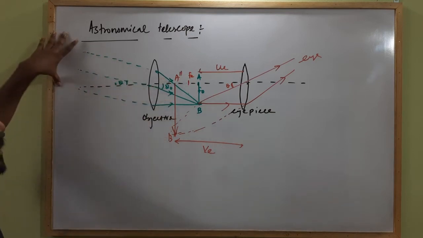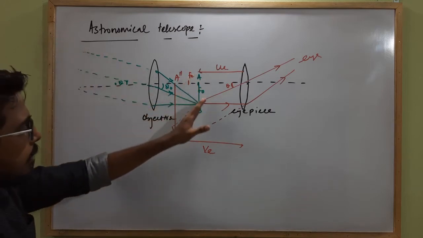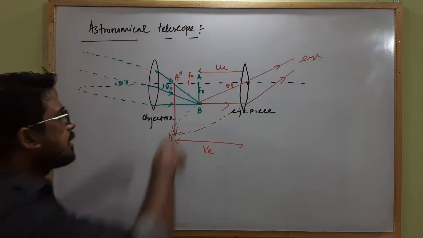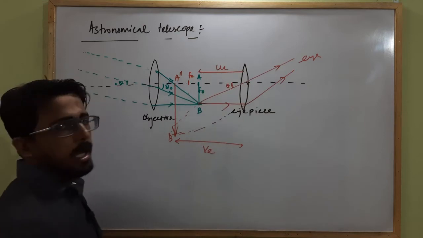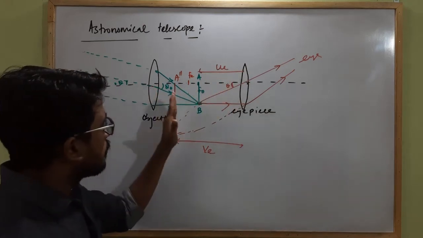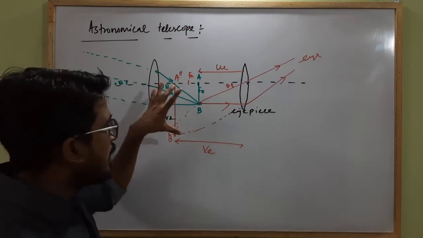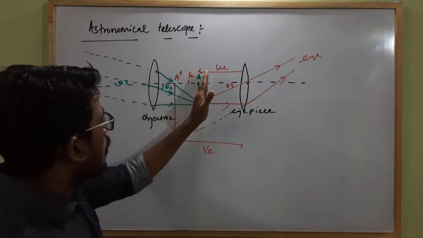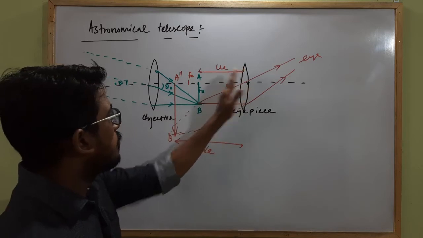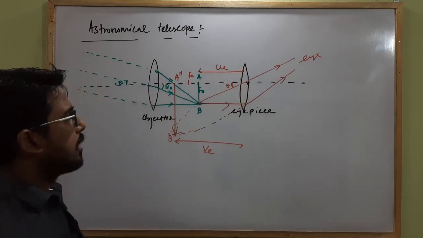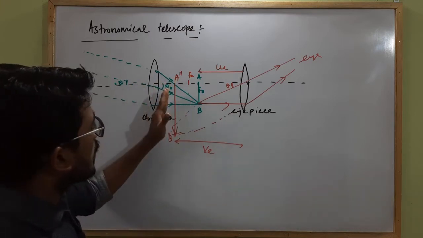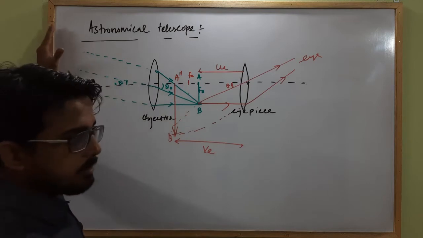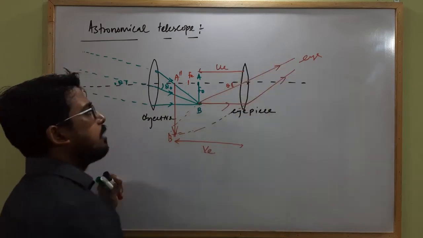So for a telescope, the object is at infinity or a very large distance, so its image will be formed on the focal plane of the objective, and that image will lie within the focal length of the eyepiece. Its virtual, erect and enlarged image will form behind the image A B, which acts as an object for the eyepiece, and that will be A double dash B double dash. Clear? So the image A double dash B double dash, which is actually the inverted image of the far object, will make an angle theta with the eye.